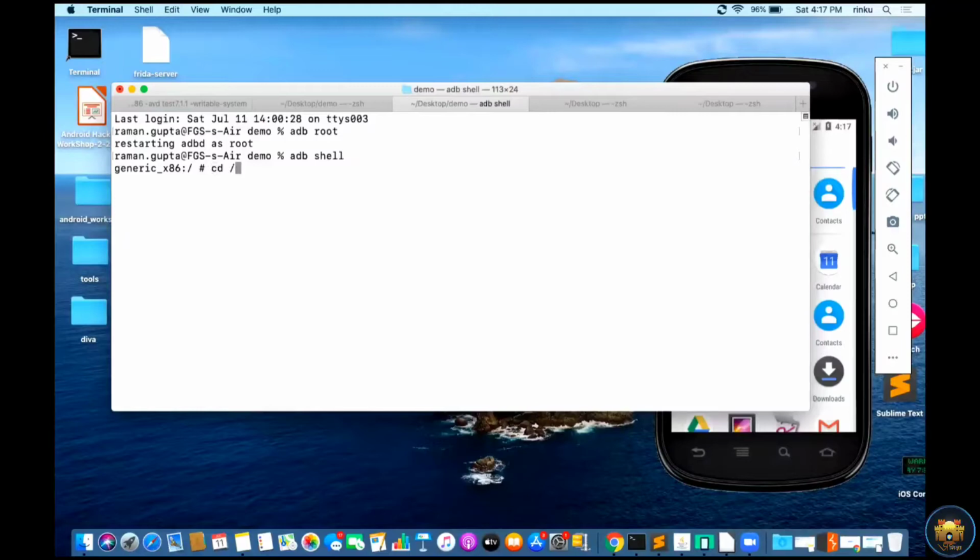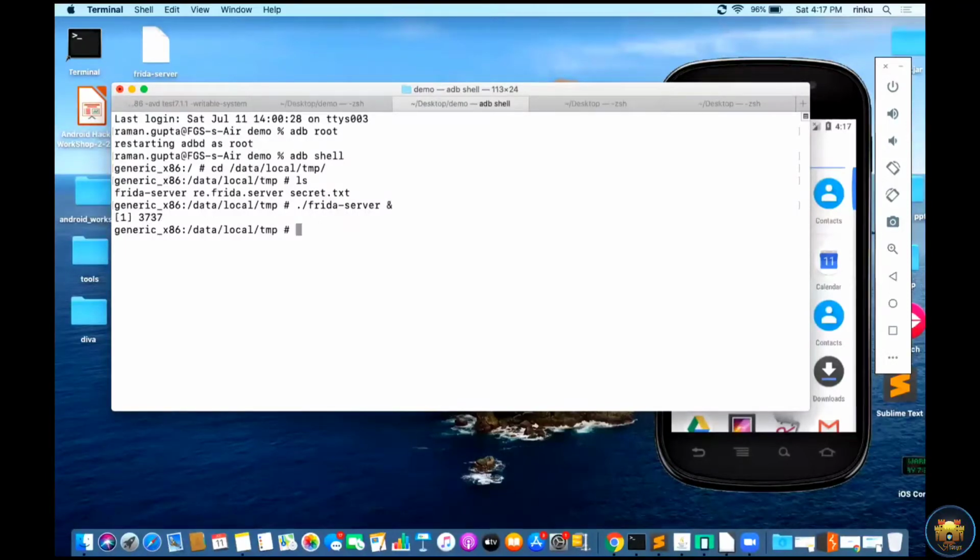I have copied this server inside /data/local/tmp. I copied the Frida server here, so I run the Frida server inside the emulator. Yeah, now it has started. Okay.